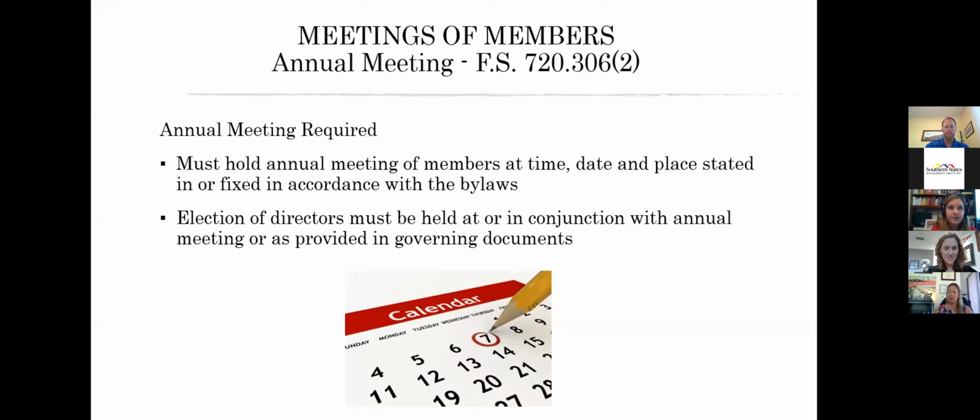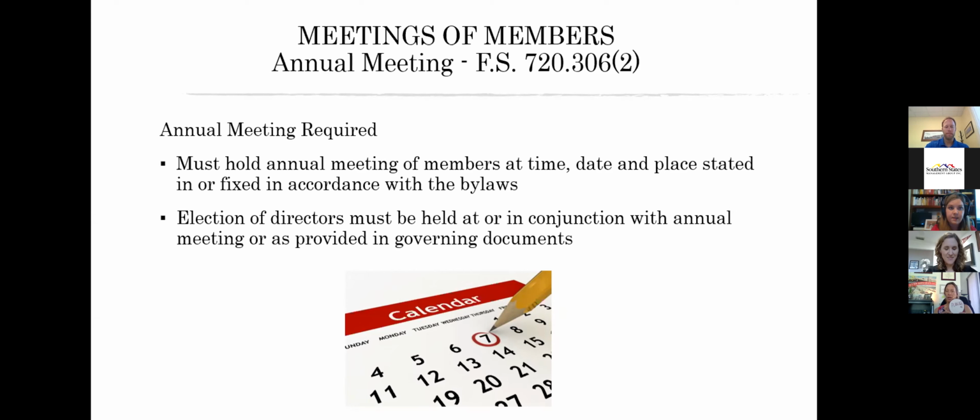So towards the end of the year, in the year prior, we want to go ahead and start calendaring the date. We want to make sure that we have enough time to send whatever notices or documents, especially if you're having an election, because again, your election of the board of directors happens at your annual meeting. And so you're going to need to get your candidate information out, whatever your documents say about the election. Just be sure that you backtrack from the date that's in your declaration for the annual meeting to ensure that you have enough time.